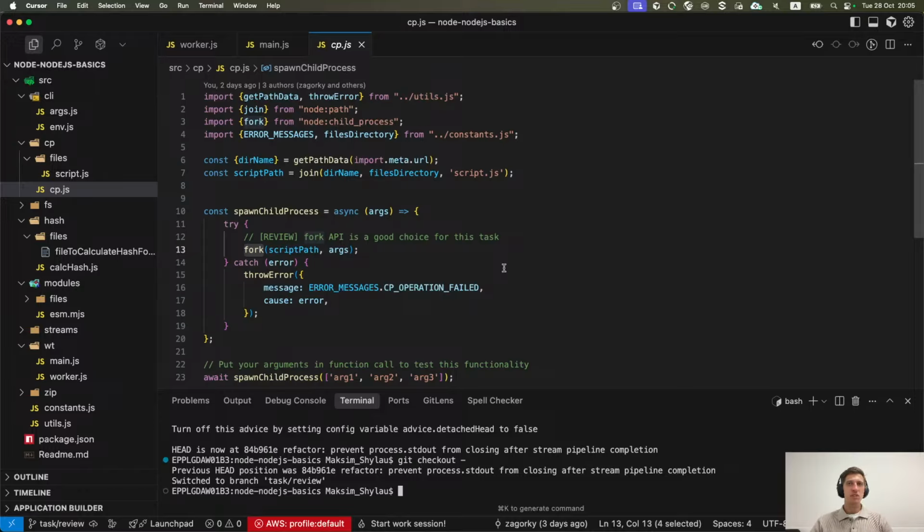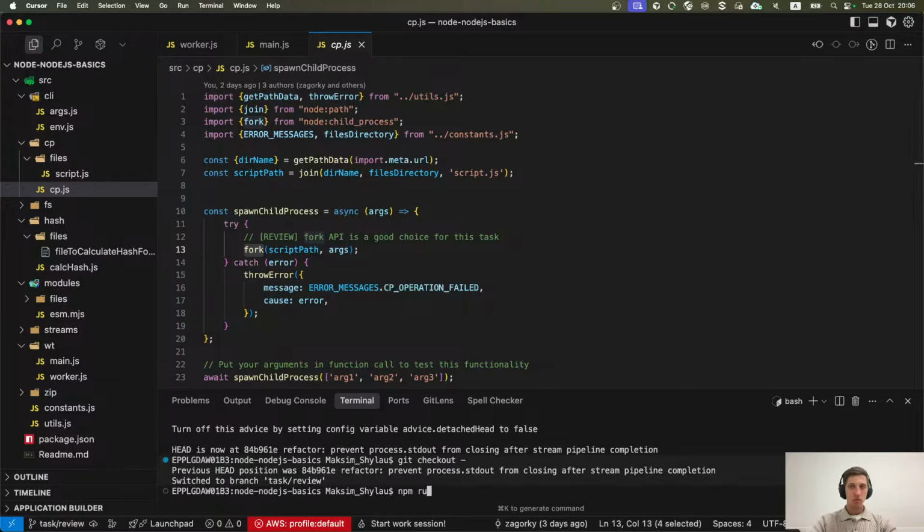It can be processes based on other data sources. So you could use the spawn API as well, but it would be more complex. But fork is designed specifically for Node.js processes, and the important thing is that it creates inter-process communication by default. You do not need to do it manually.